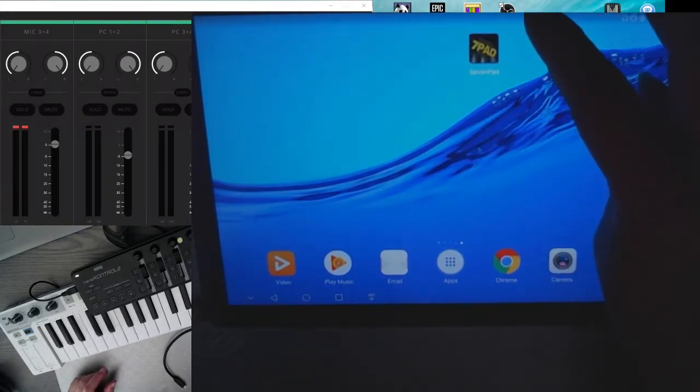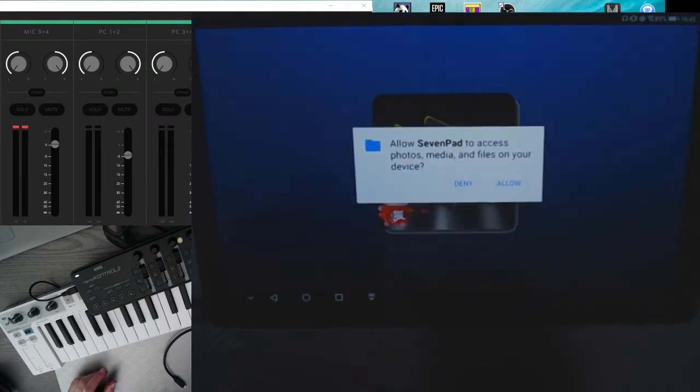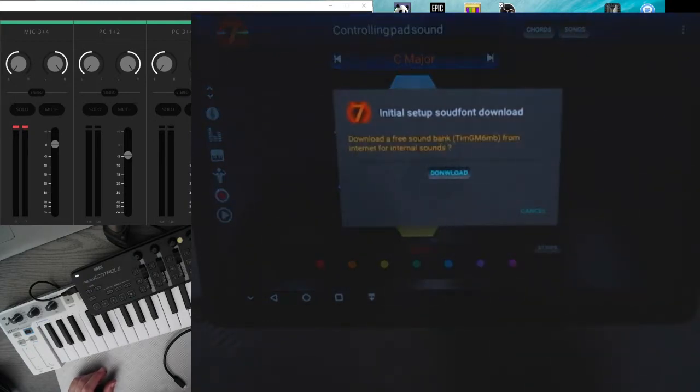So first, when you first start it, it will ask to allow the media files access. It's for recording the song files, so you say allow, and you want to download a